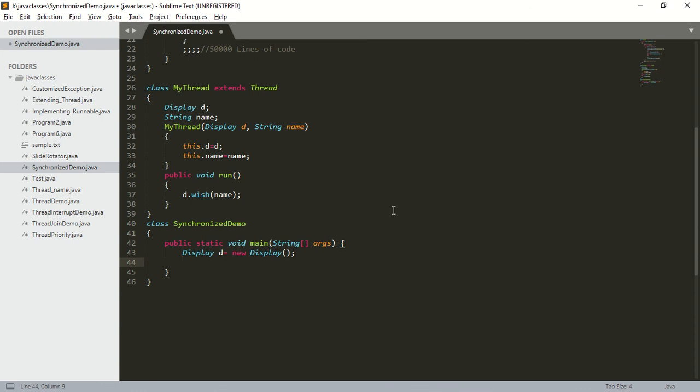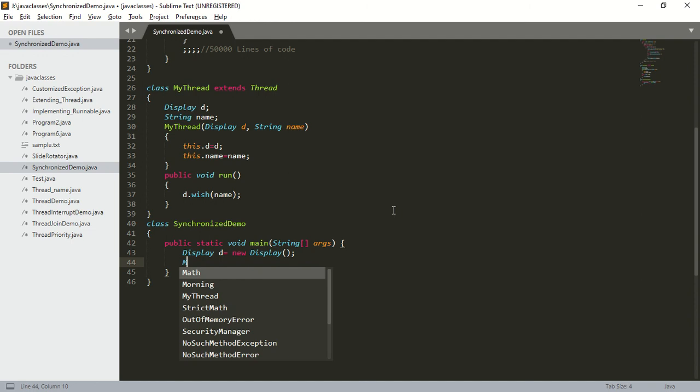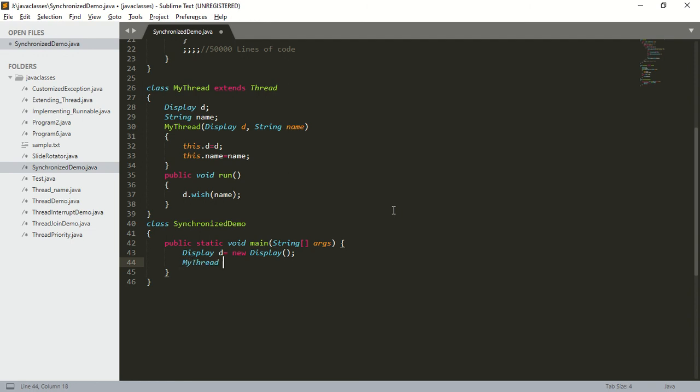Next, I'm going to create an object of thread t1. So how to create an object of myThread? myThread t1 is equal to new myThread of. So what all should I pass? I should pass the object D. Next, I should pass a name of a person, that is a string.